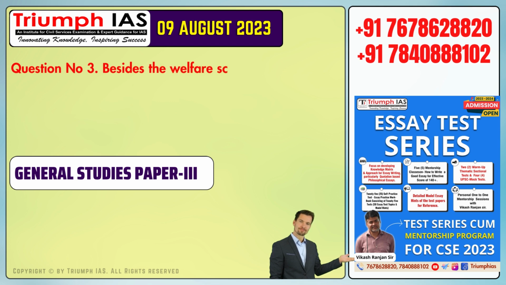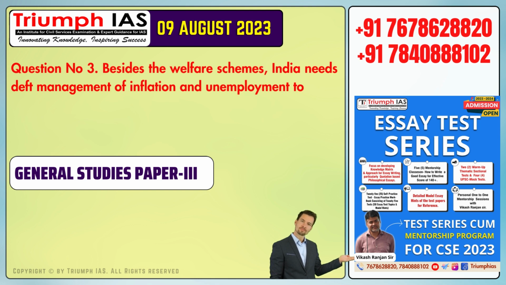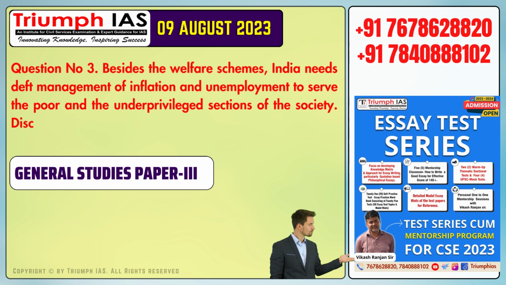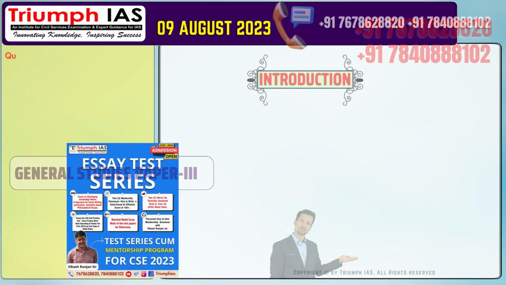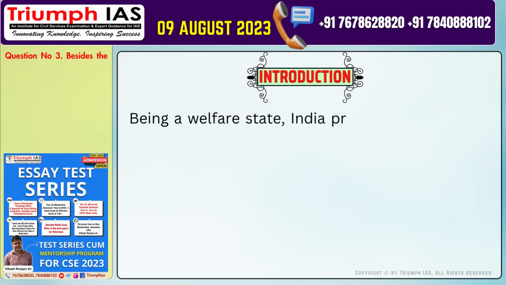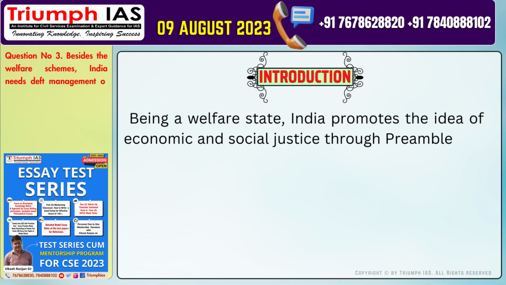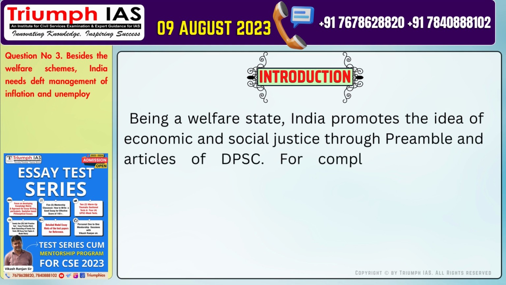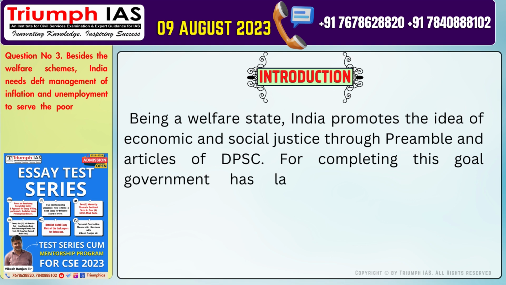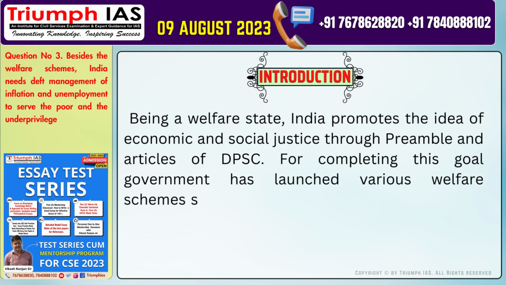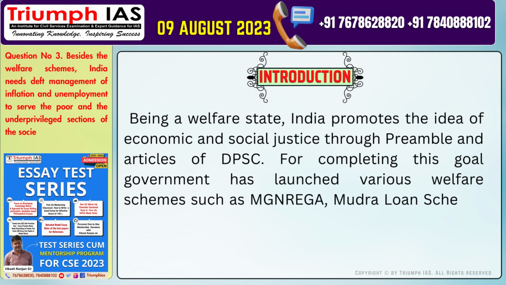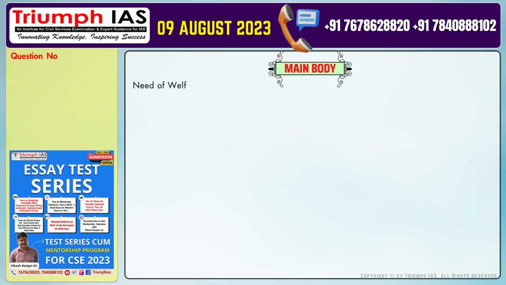Question number 3. Besides the welfare schemes, India needs deft management of inflation and unemployment to serve the poor and the underprivileged sections of the society. Discuss. Let's start with the introduction of the answer. Being a welfare state, India promotes the idea of economic and social justice through the Preamble and Articles of DPSP. For completing this goal, the government has launched various welfare schemes such as MGNREGA, Mudra Loan Scheme, PM-JAY Scheme, etc. The main body of the answer should be: